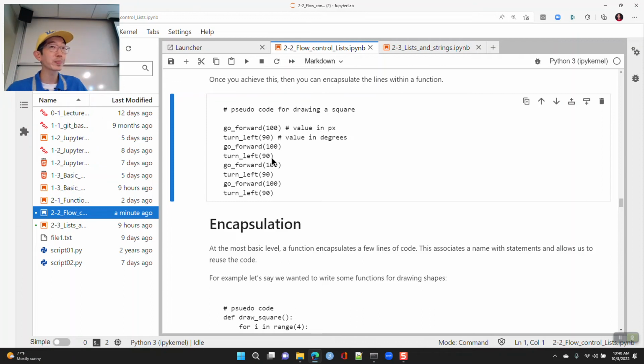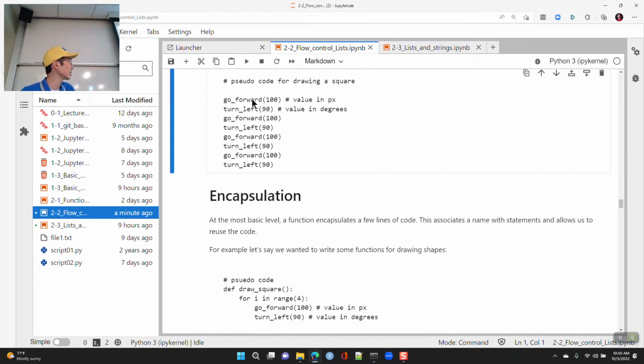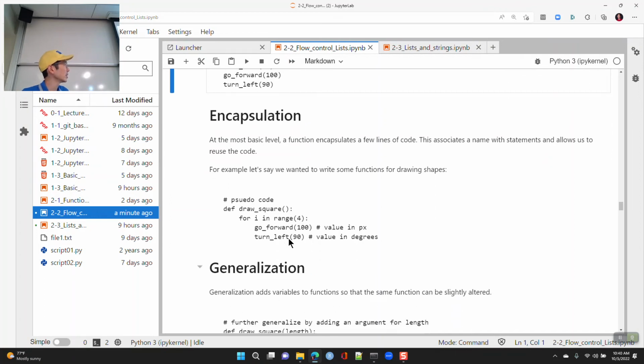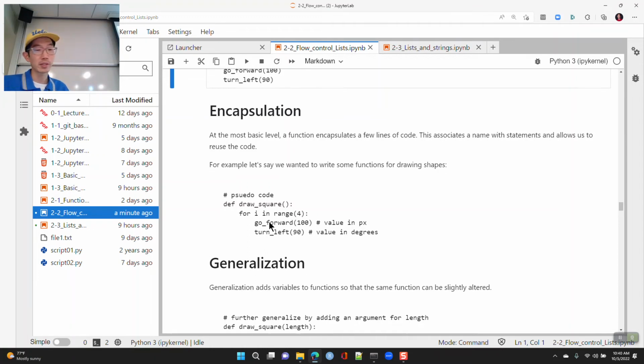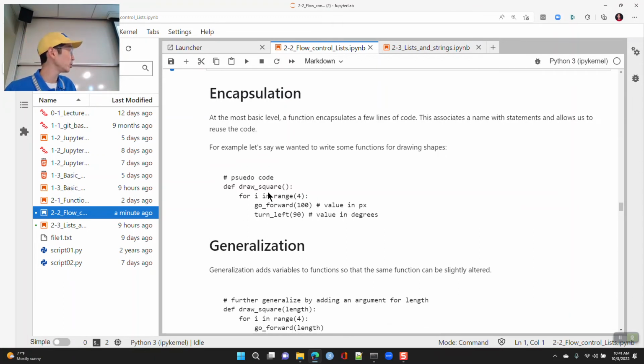to draw a square. And you can say, well, I had to do this and I repeated it 4 times. So then inside your function, you could say, all right, go forward and then turn left, and then put it inside range 4, so it'll repeat 4 times. Okay. You could use a for loop, for i in range 4, and it will go through i0, i1, i2, and i3,